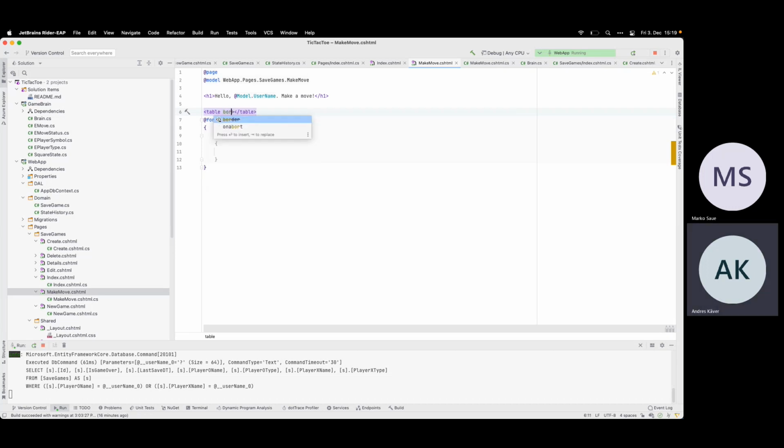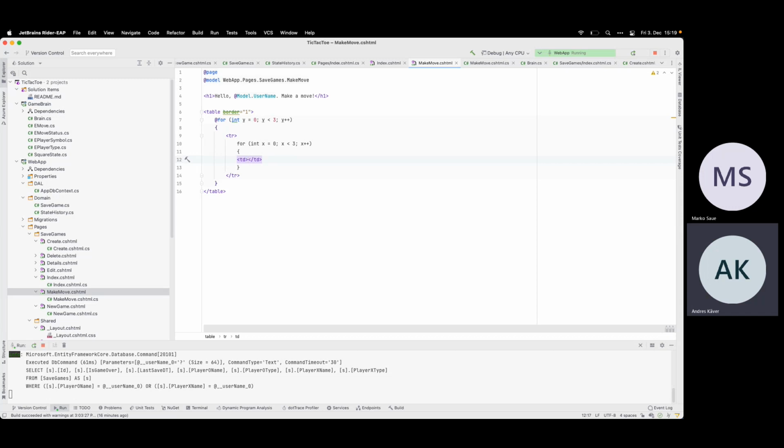Table, let's say border equals 1, let it be, although it's not supported anymore. So here we have one row, and here we have the TDs.